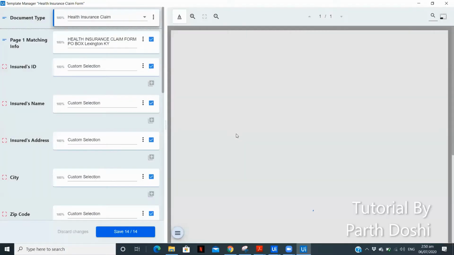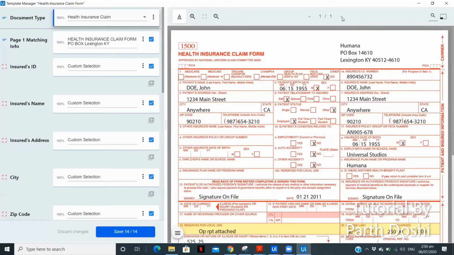Okay. So first of all, if there are multiple pages or even if there are not, you need to select 5 particular unique fields from a page. So I've selected, pressing the control, these particular fields, PO box. So let me just change it over.